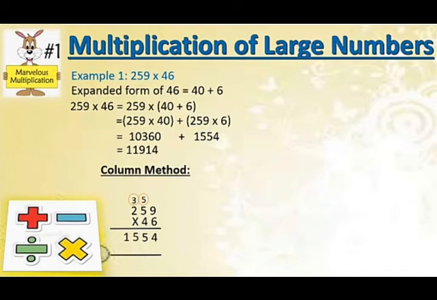In step 2, actually we have to multiply by 4 tens and tens has 1 0. That 0 will be copied under 4. Now we can continue the multiplication by reading the table of 4. So, at second step we get 10,360. Now let us add both the steps. Therefore, 259 multiplied by 46 gives the product 11,914.